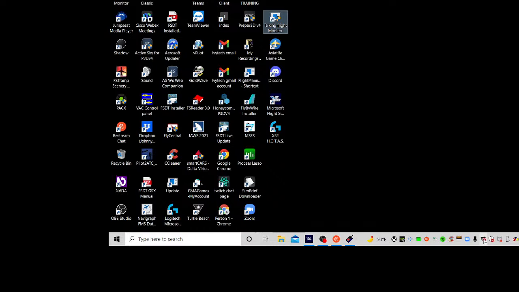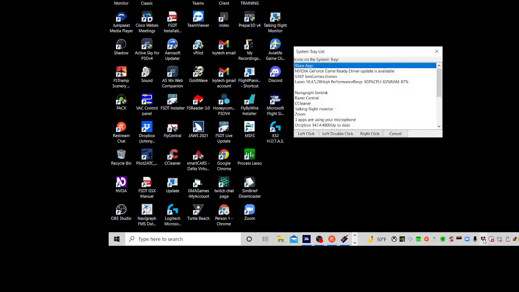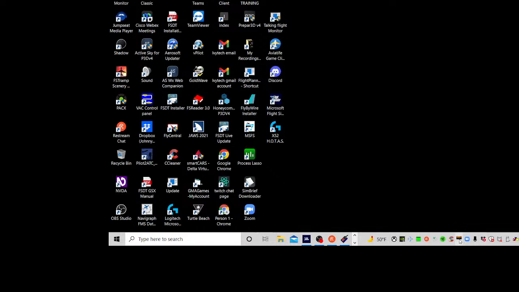Not connected to simulator. Alright, let's see. The Talking Flight Monitor, TFM, is restarting. I should do a restart. The Cessna seems to fly a heck of a lot smoother. I think they fixed the